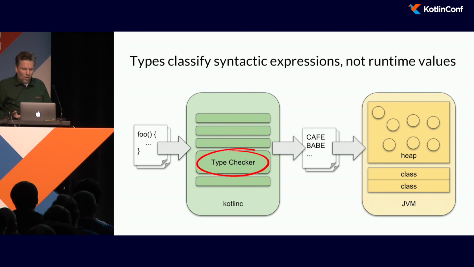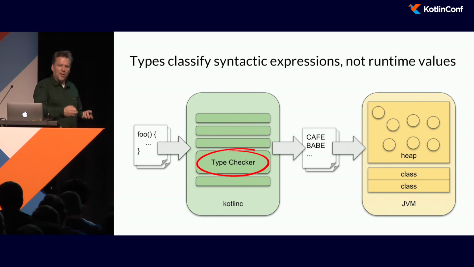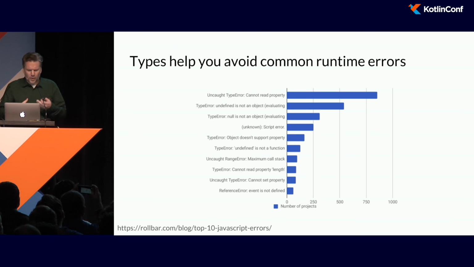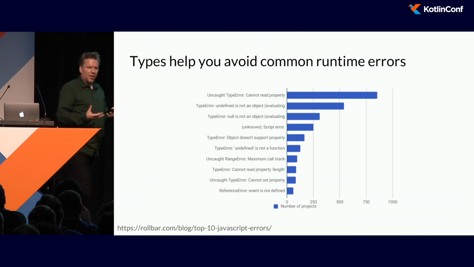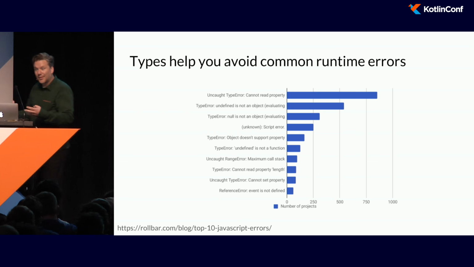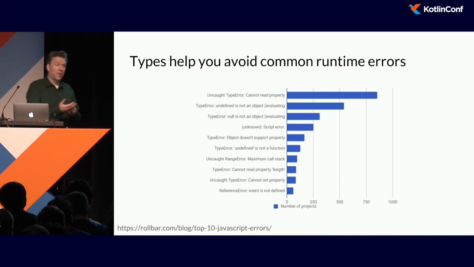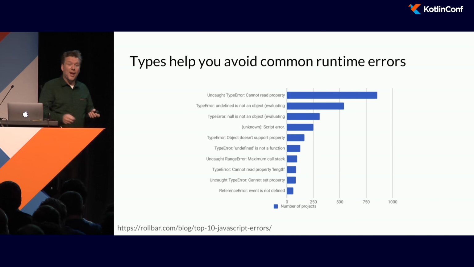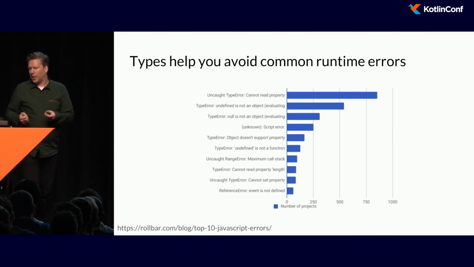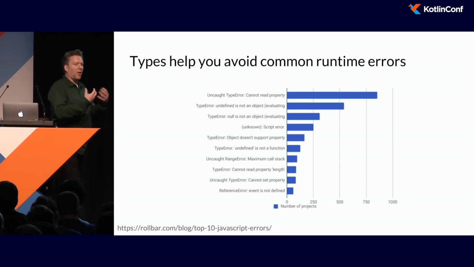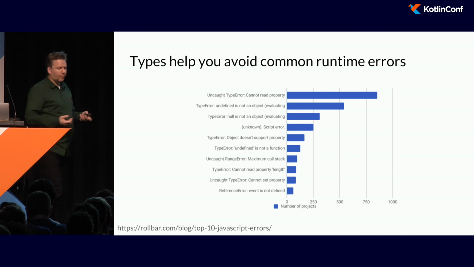What is the value of being able to associate a type with a syntactic expression? We allow the type checker to prove properties of our code base, whether it's consistent or whether it's inconsistent, by analyzing the syntax alone without actually having to run any code. So we get much more exhaustive checking of consistency than we would if we had to write unit tests.